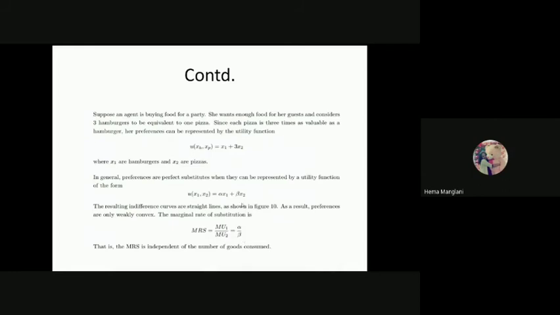But in perfect substitutes, we know one good is completely substituted with the other. Every time, because you're substituting in the same proportion, this is giving you the -1 slope every time. So the MRS is independent of the number of goods consumed. We are not talking about the amount of it. This is actually what you are consuming, that is, you are shifting your entire consumption to the other good. So the only thing that comes into your choices is the prices of those commodities.